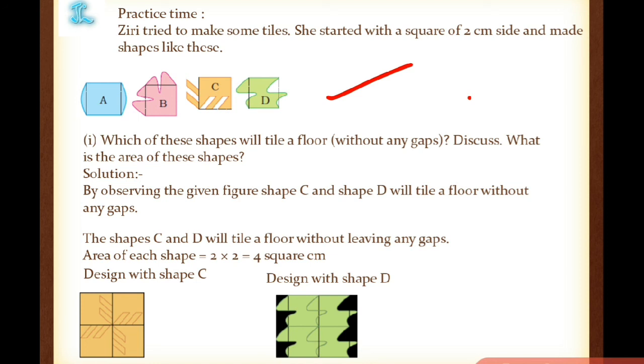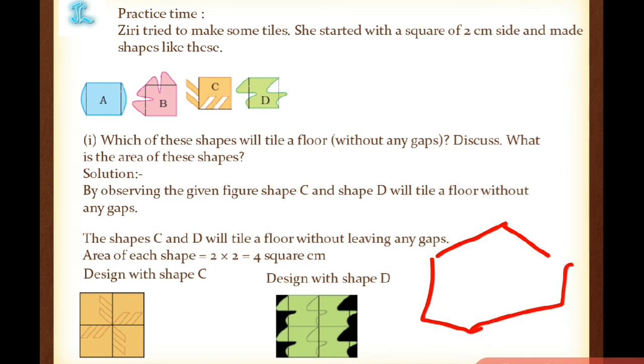They are asking us, will tile a floor means which will match, one will fit with another, there will be no gap in between. You have seen at your house tiles, yes or no? Will there be a gap in that? No, that will match. And we have also seen on roads and near pedestrians, different shaped ones also will be there, yes or no, like this. And will they have the gap there? There also no gap will be there, it will be joined. So like that they are asking. So without any gaps, discuss what is the area of these shapes.